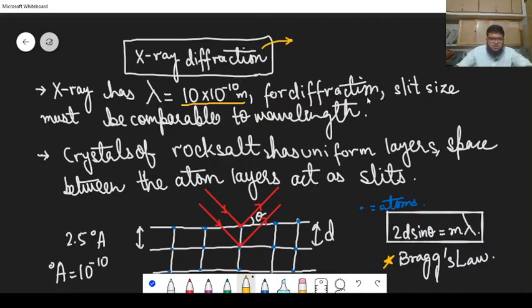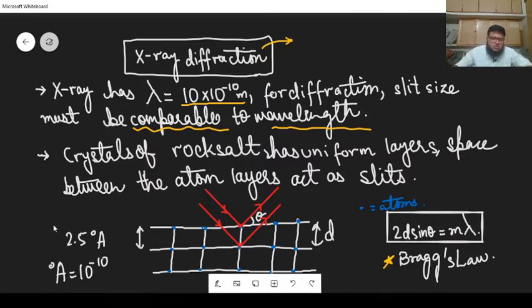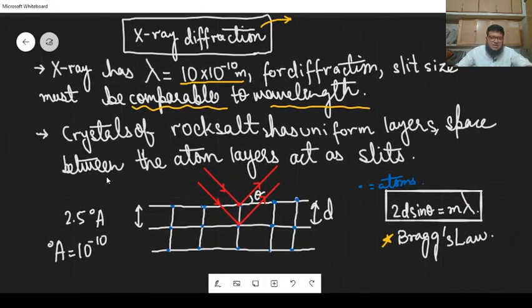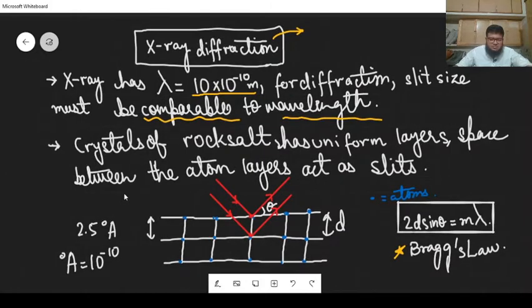So for diffraction, slit size must be comparable to the wavelength of the X-rays. We must take slits that are so small that they are somewhere of this order, right? So suitable slits that we use are the slits in between atoms of crystals,